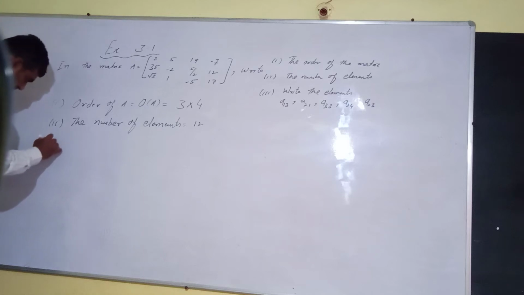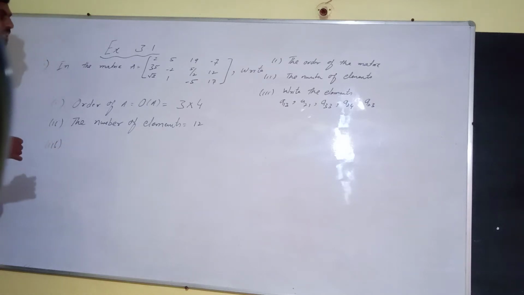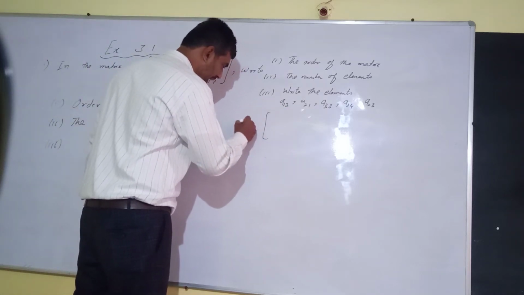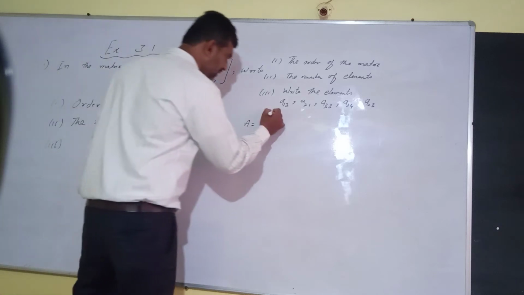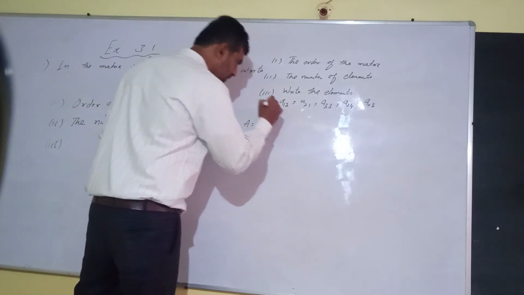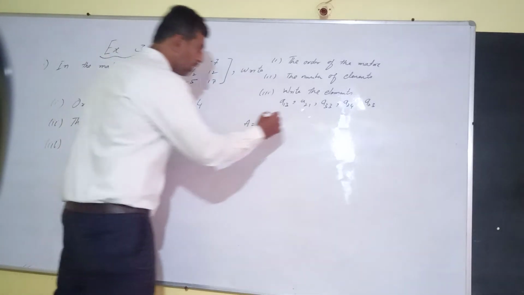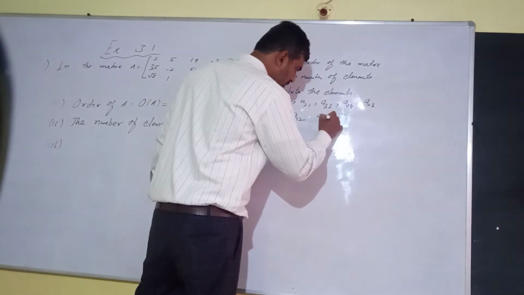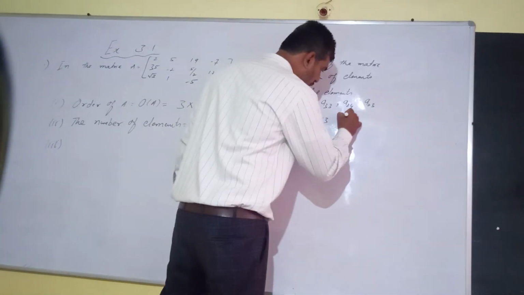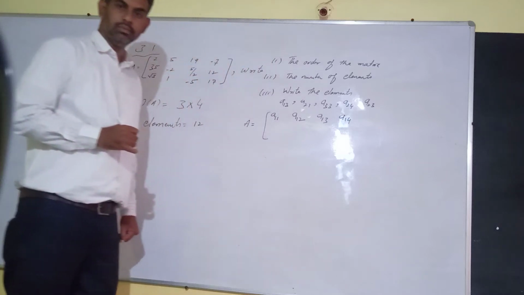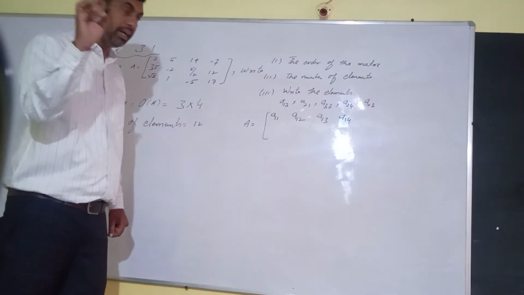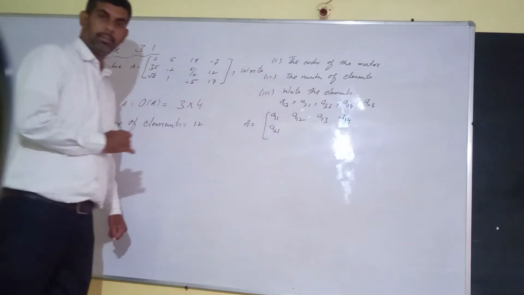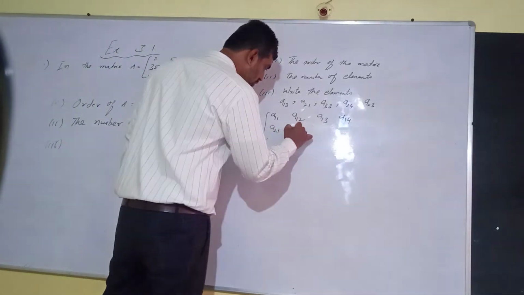Now the third question. Before going to it, let me explain what these numbers indicate. I will write the complete matrix A. First row, first column. Now first row, second column. First row, third column. First row, fourth column. Now we are changing the row. The row is completed, we go to the next row. Second row, first column. What should be the next?